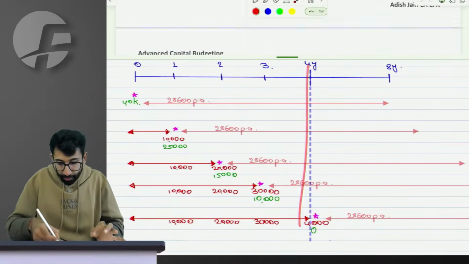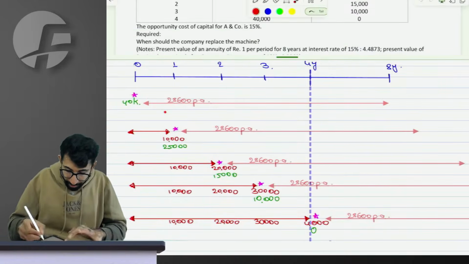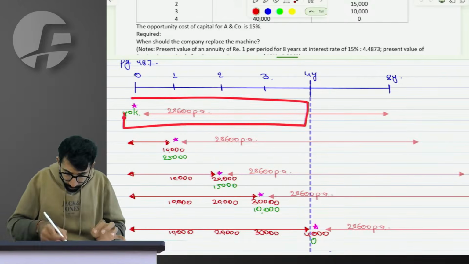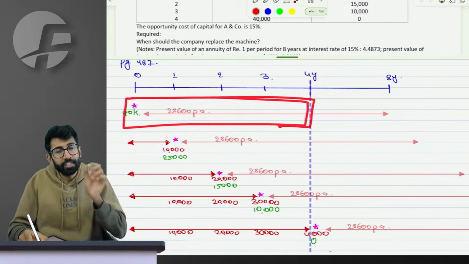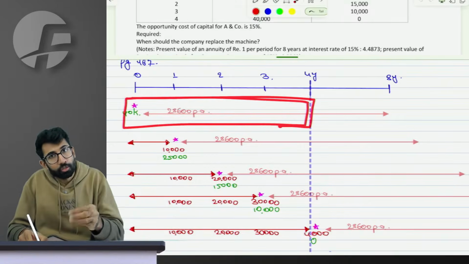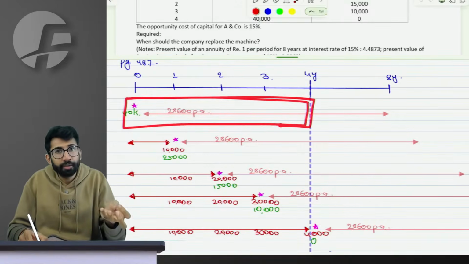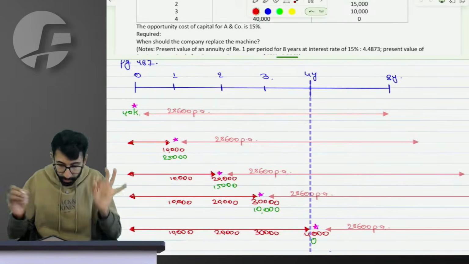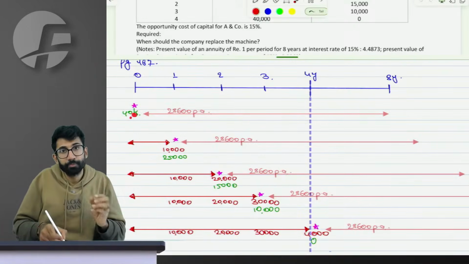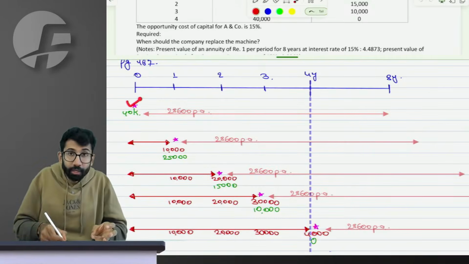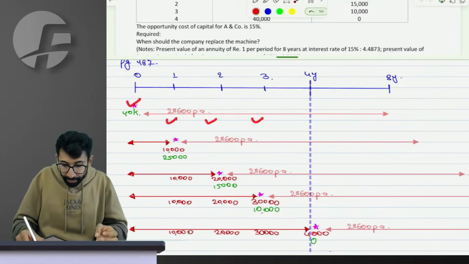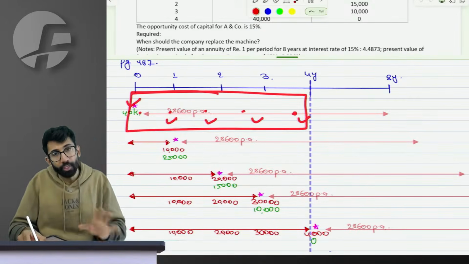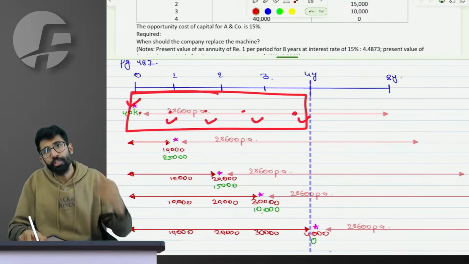So what they have done is that they say the maximum possibility to replace the old machine is 4 years. So for 4 years, let's find out the total cost of buying, selling, running, and operating both old and new machines. For example, if I replace the machine now, I will receive 40 and I will pay 28,600 on an equivalent basis for 4 years. It is the total cost of buying, selling and using the old and new machine, everything.